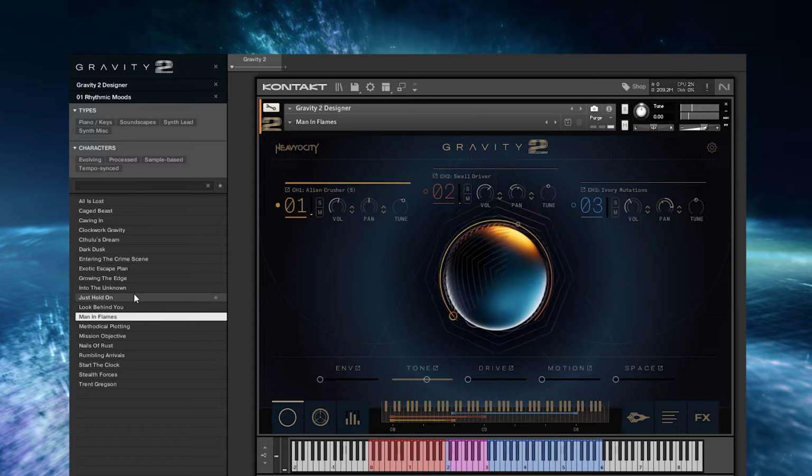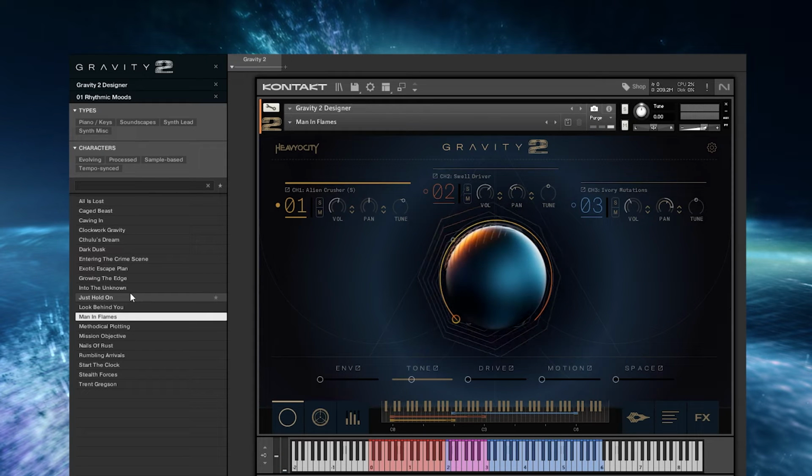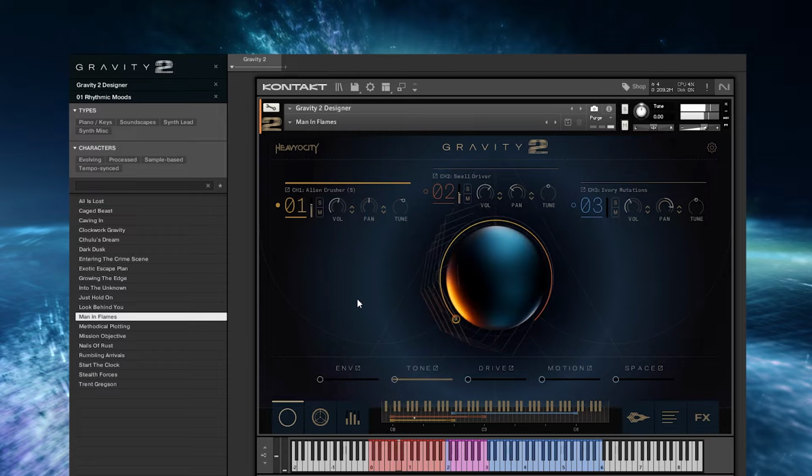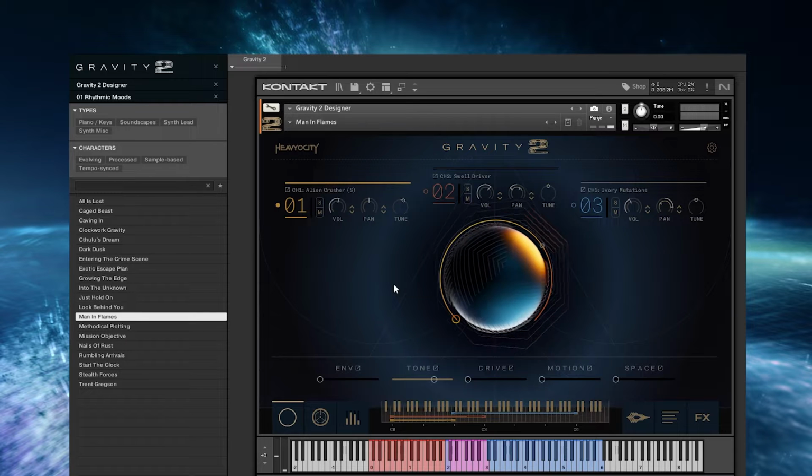Okay, so it's pulsing away, and I'm using the mod wheel to control what's going on, but of course it is also automated anyway, without me using any controls. Now if I play the purple keys, you can see the other samples are being triggered on the different layers. If I play the blue keys,